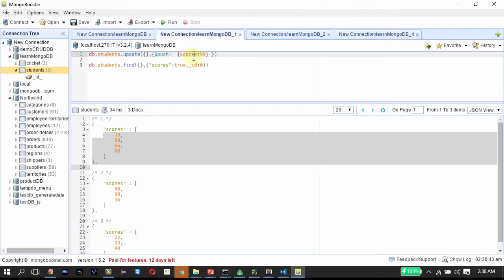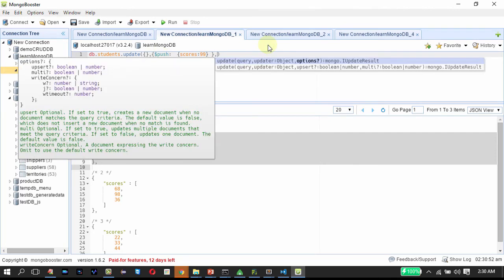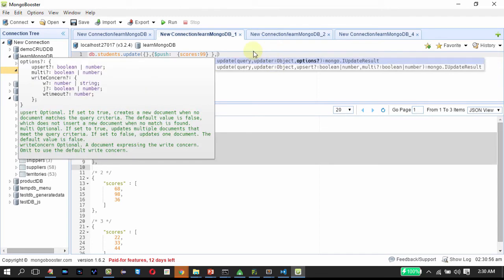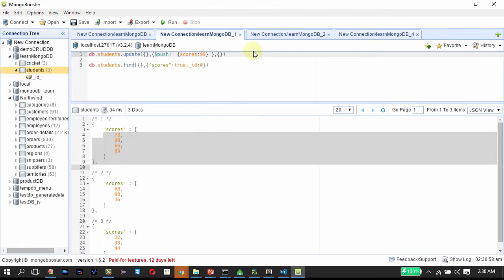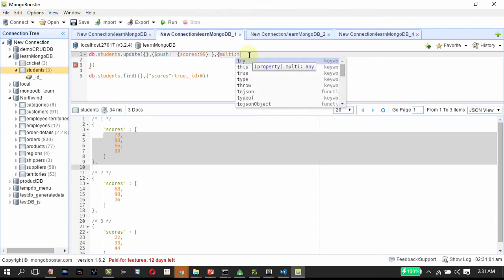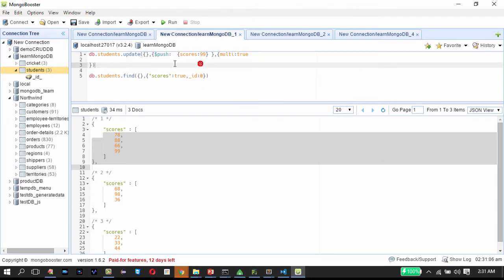So if you want to add to multiple documents, that's easy. We will follow the same way the update method works. In the options, let us specify multi true.